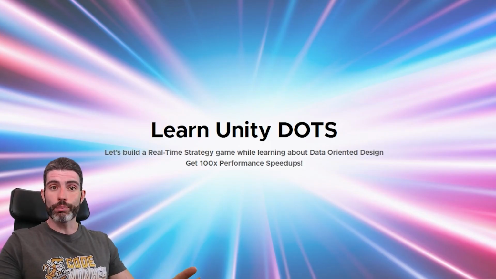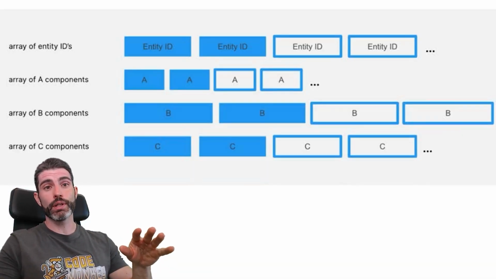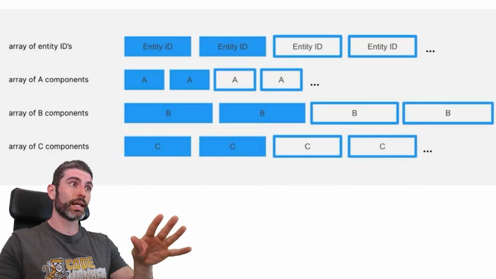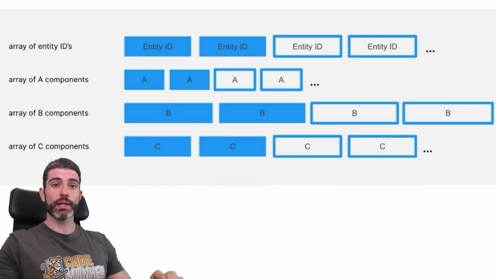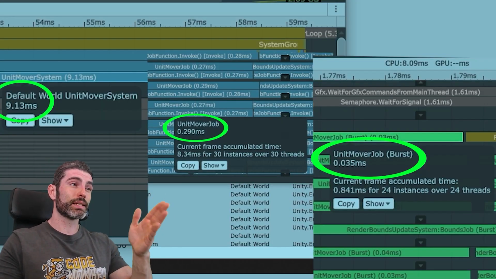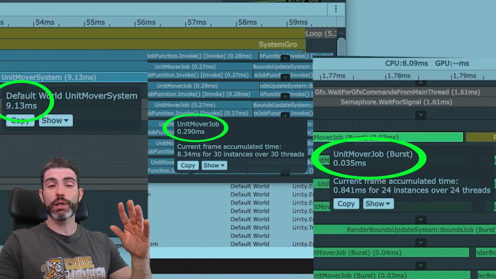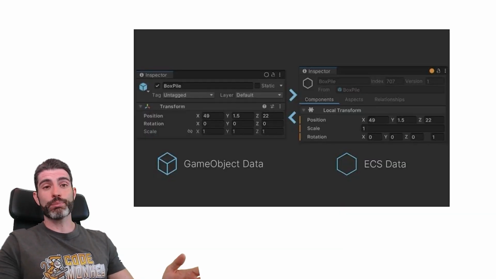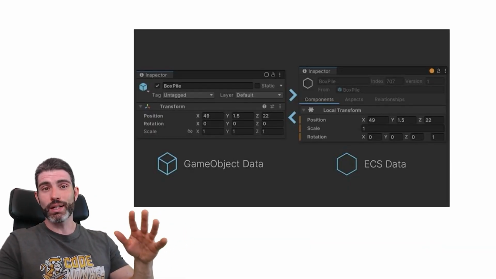Here we're going to learn all about Dots, which is Unity's super performant tool stack. It requires us to learn a different way. It requires us to learn about data-oriented programming as opposed to object-oriented. So that requires a different way of thinking. And by learning this, we're actually going to get some massive performance benefits. Those will allow us to make games with tons of complexity so you can bring whatever vision you have to life. And despite being a big change, changing from OOP to DoD, that change is actually not as intimidating as